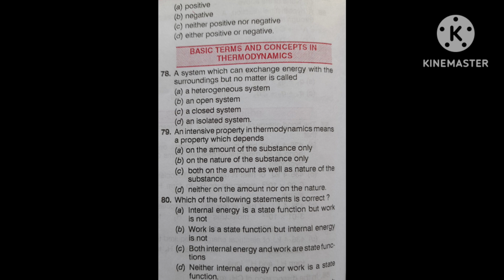Again, the options: delta H at constant temperature and pressure is greater than 0; second, delta S total is greater than 0; third, delta G at constant temperature and pressure is greater than 0; fourth, all of these. This is again a very important question. All questions are important, you can't neglect any question. Now, just think. After that, I will tell the correct answer and its explanation.